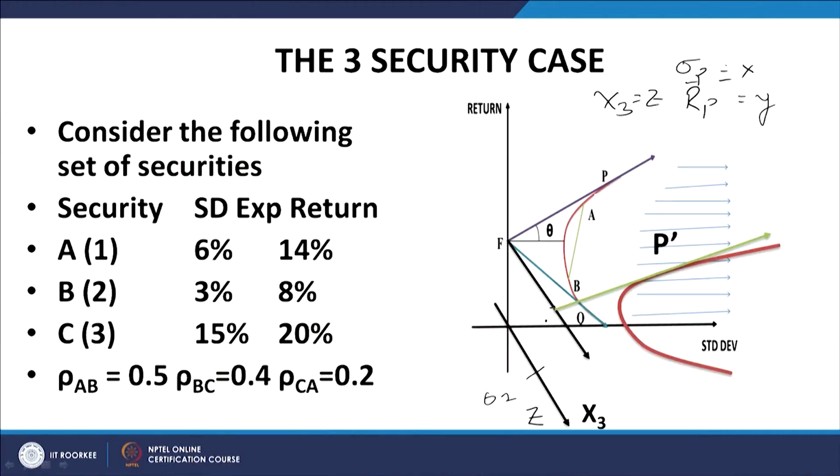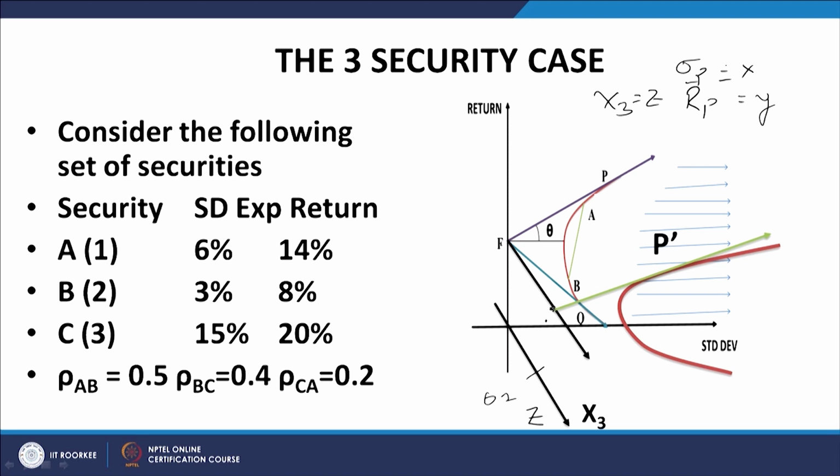For every x3 I get a hyperbola. So this entire family of hyperbolas, I have to select that hyperbola such that my risk free rate, if I draw a tangent to that hyperbola from this point, this f corresponds to this f, and from here if I draw a tangent along this, then this particular tangent should have the maximum slope. For every hyperbola I will have a tangent.